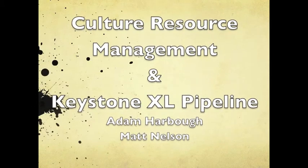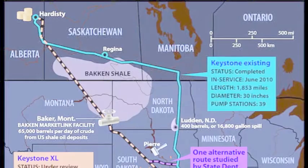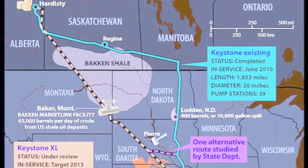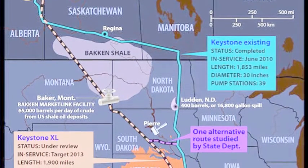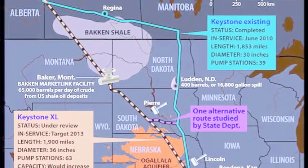Cultural Resource Management in the Keystone XL pipeline. Keystone XL is part of the Keystone pipeline system. It would transport crude oil over 2,000 miles from Hardisty, Alberta to Port Arthur, Texas, covering around 1,700 miles within